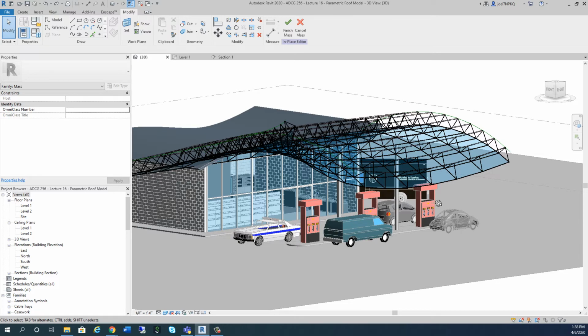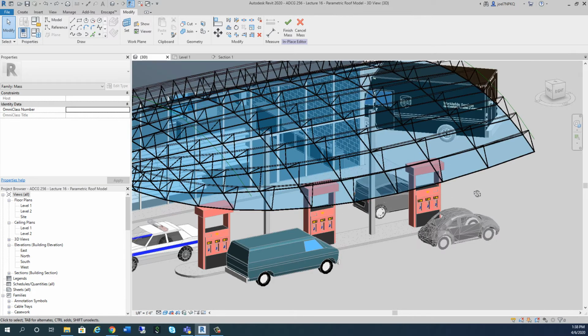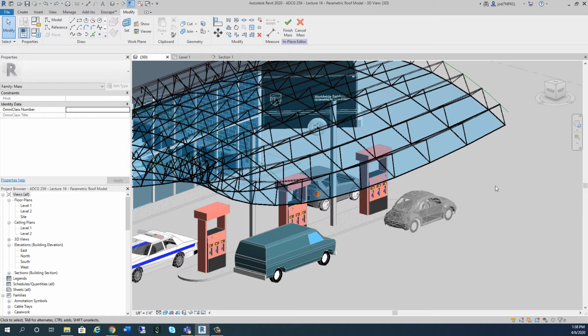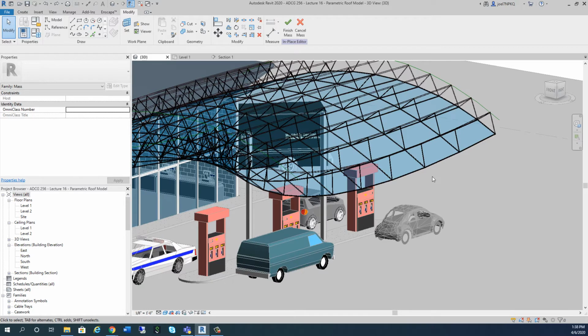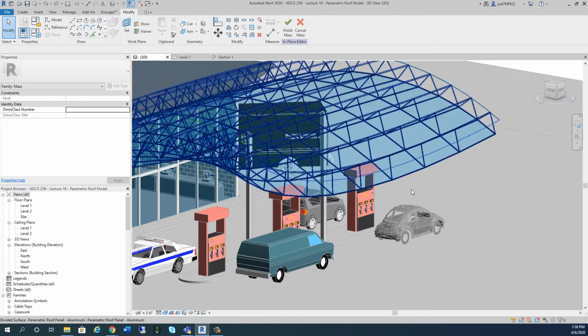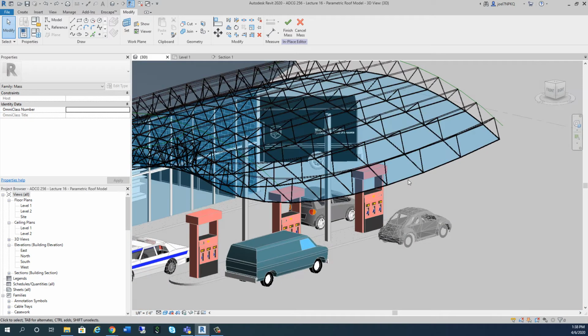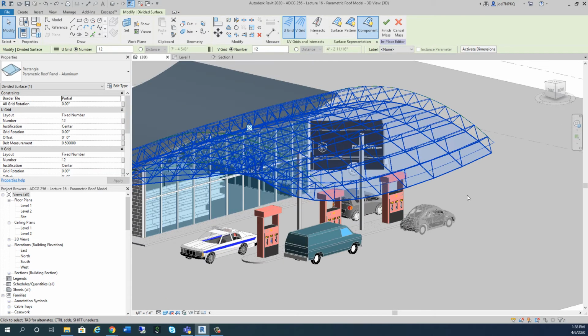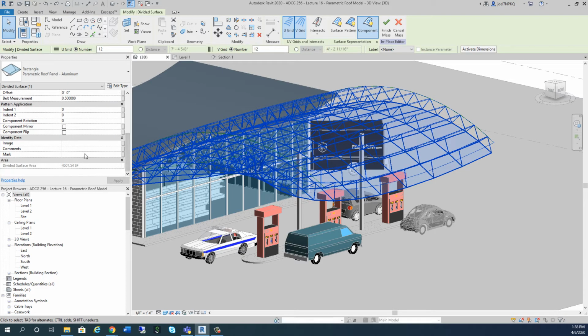Okay, so we can see the problem with our mass is that we have this component, the curtain panel we put in, but it's come in and it seems like it's upside down. The glass is on the bottom. If we look in the section, it looks kind of weird, right? So what if we go back here to 3D and we click on our mass, right? We want to get the whole mass. And what if over here we say component flip